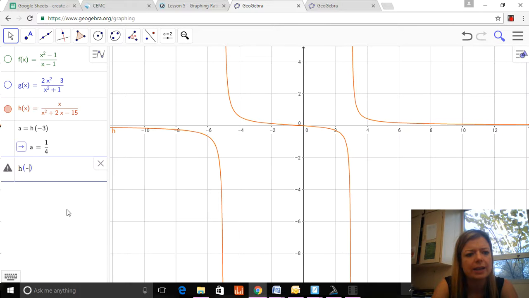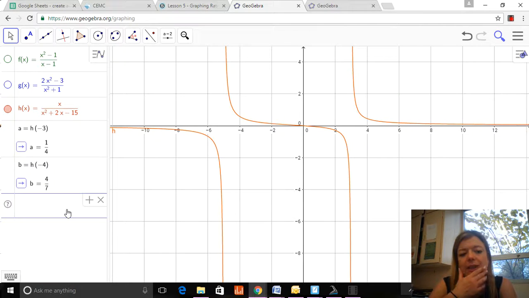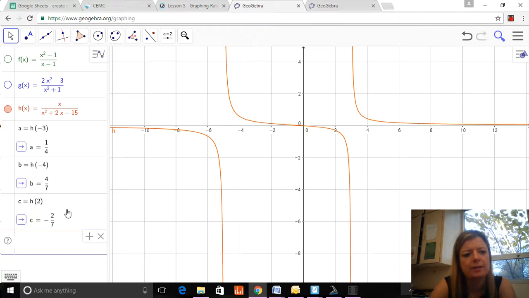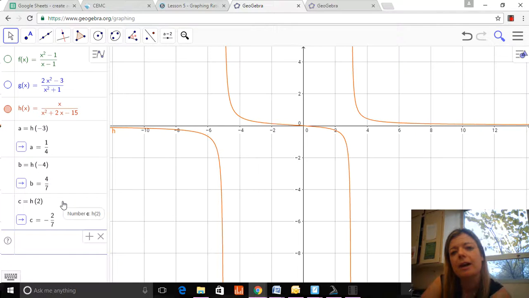So that's only a quarter. h at -4 is 4/7. Okay, h at 3 won't work. h at 2 is -2/7. So you can actually use GeoGebra if you wanted to come up with these numbers if you're doing an assignment or something,